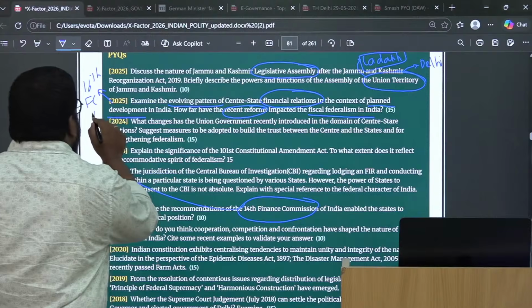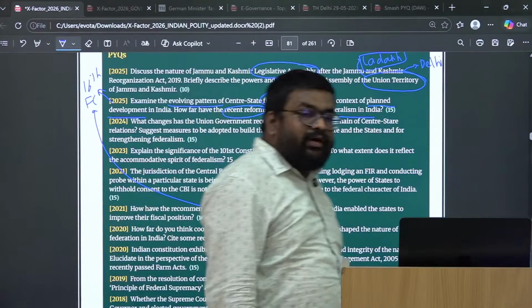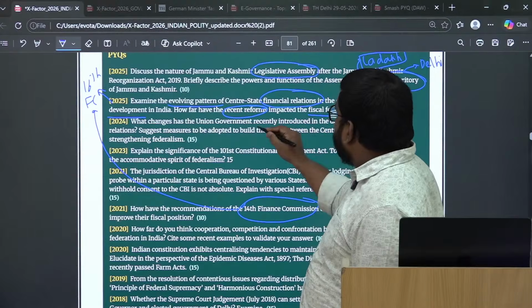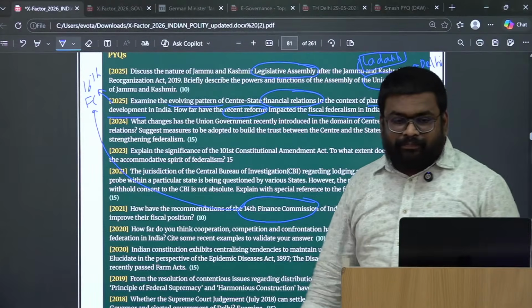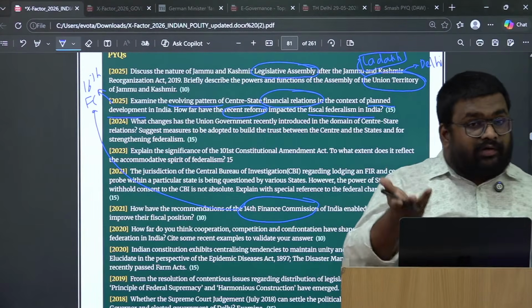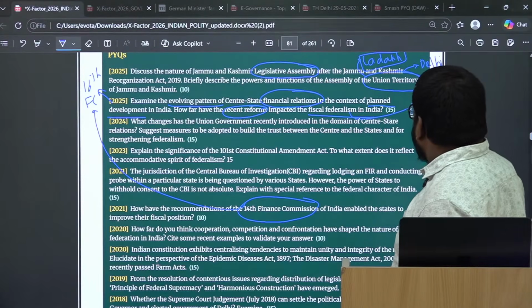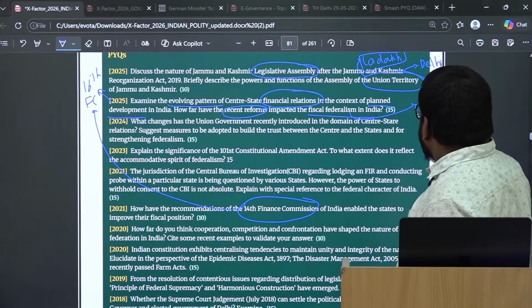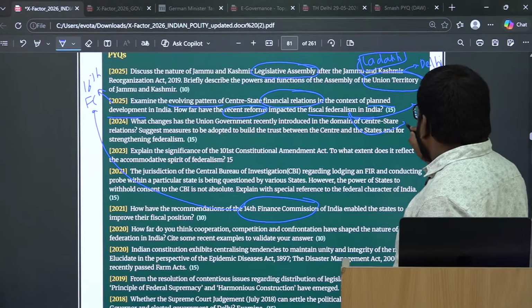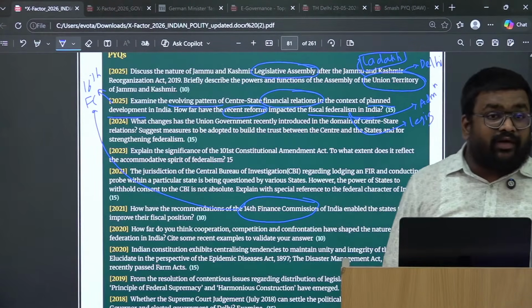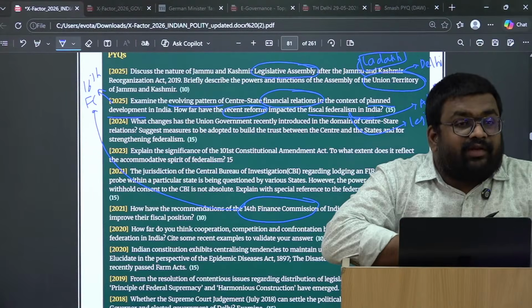सो 16th फाइनेंस कमीशन पे पूछने के चांसेस और भी ज्यादा बढ़ते हैं, राइट? सिमिलरली they have asked you with respect to fiscal federalism, what are the other dimensions of federalism? Apart from fiscal, you have administrative federalism, you have legislative federalism. So within administrative federalism, what question they can ask?